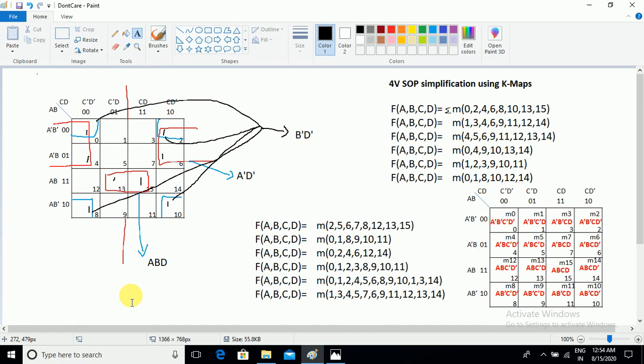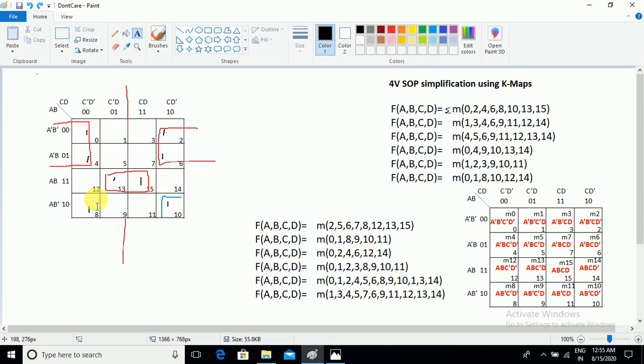You must remember only one new grouping process is introduced by this example, that is corner grouping. Okay, it is based on folding the paper in 2 levels. Then all 0, 2, 8, 10 will touch each other. That can also create one group. Okay. The next example, and the next example also is somewhat important.